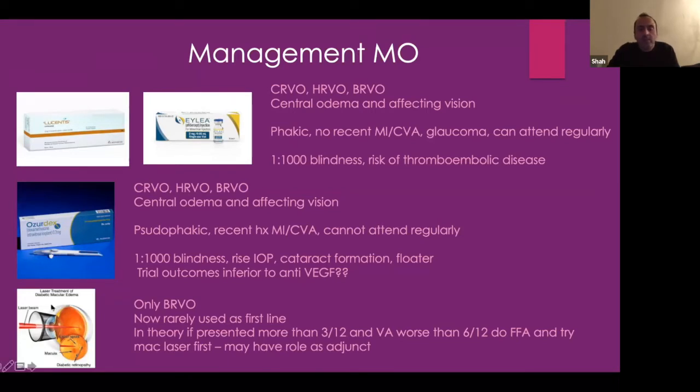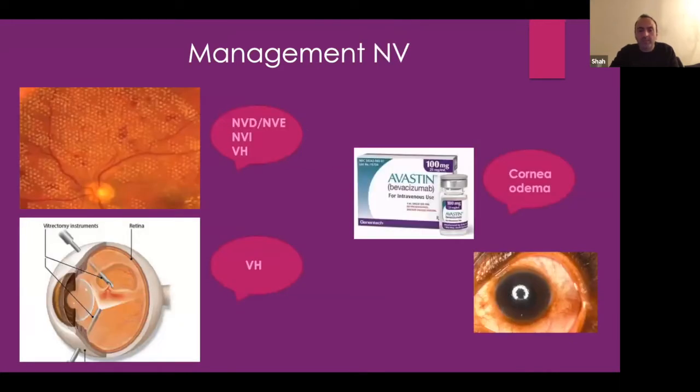And then the only other thing to mention for macular treatment, apart from anti-VEGF and steroid, is laser treatment, which is only used for branch vein occlusion or hemiretinal vein occlusion. You need fluorescein angiography, so you know where you're lasering. And what I would say is that I'll probably use this as adjunct therapy rather than first line, because by the time your patient comes with macular edema, anti-VEGF is what's going to get rid of it. So it's quite nice to use laser to reduce maybe your dependence on anti-VEGF. But again, as I said, it's rarely used for management of macular edema.